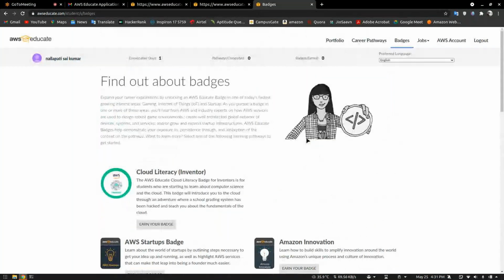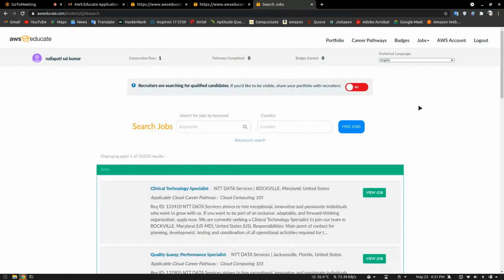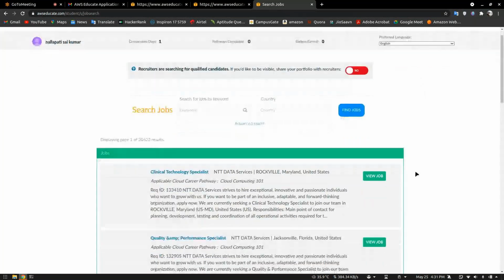So next, coming to the jobs. Actually this is the AWS job portal. So search jobs. Now click on search jobs. Here you search for jobs by keyword. Keyword is nothing but your required position name.